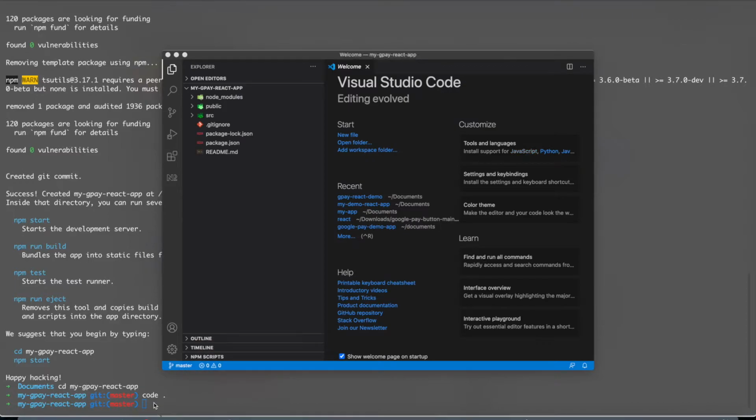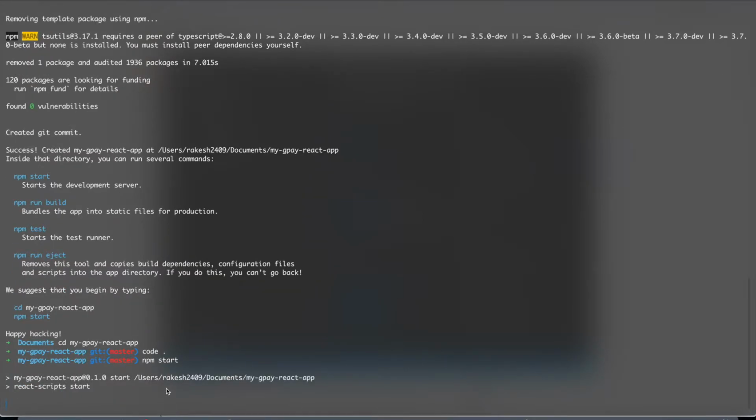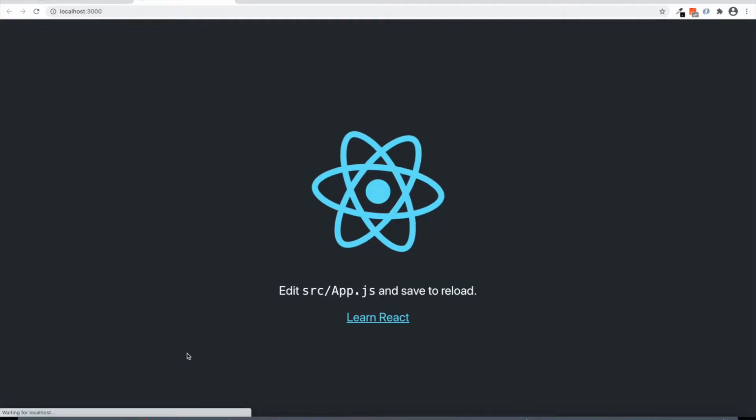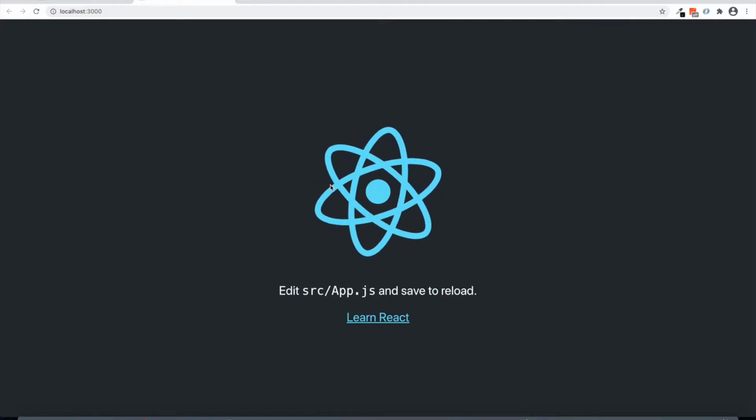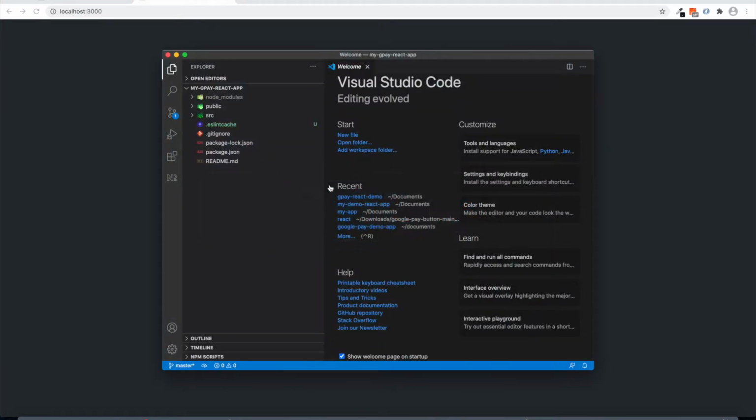So it's open and let me quickly start this app. As you see, our React app is ready to use. So let's start to build the code.